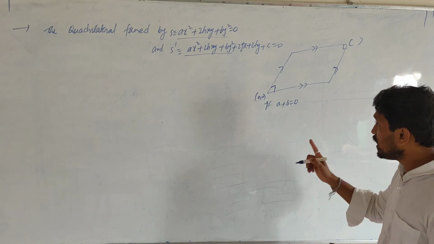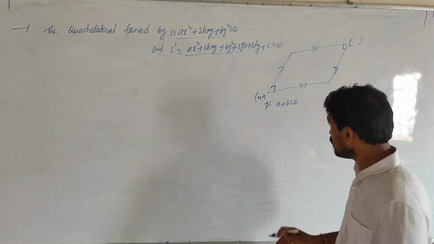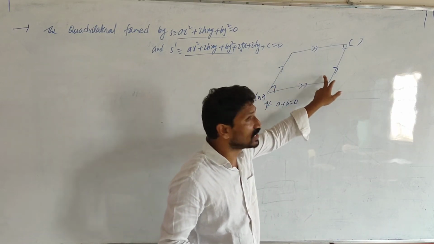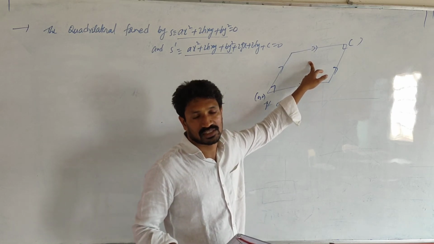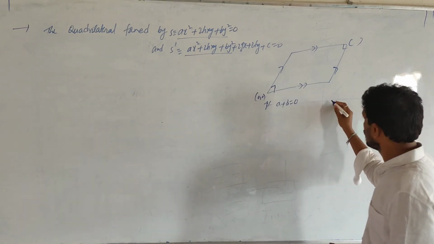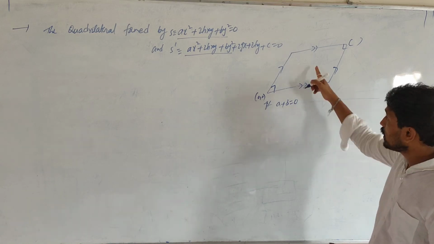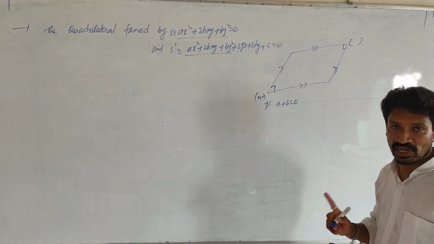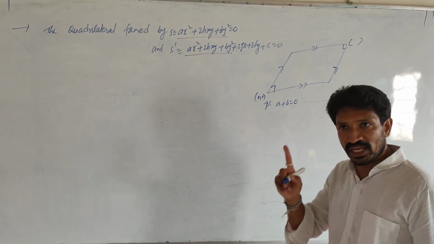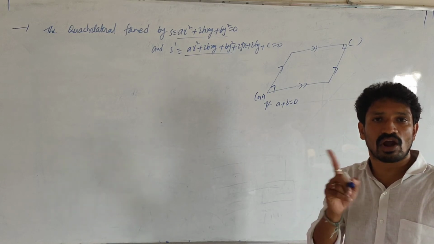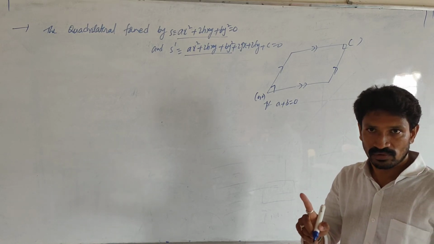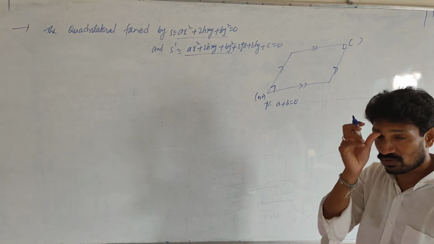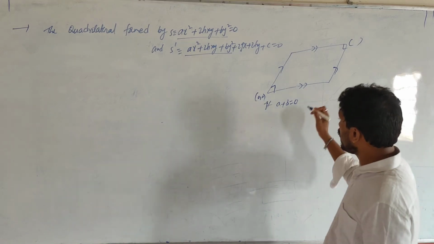See here, I am using the conditions by choosing this angle and by choosing the angle between the diagonals. You know very well, in a parallelogram, the diagonals are not perpendicular to each other. In the same way, in a rectangle also, the diagonals are not perpendicular to each other. In a square and rhombus only, the diagonals are perpendicular to each other. So, I am using that one only.